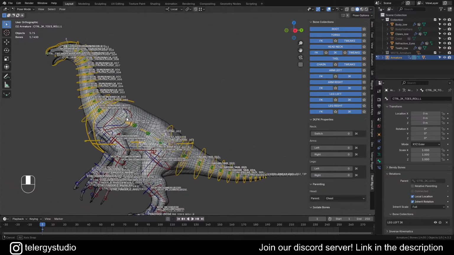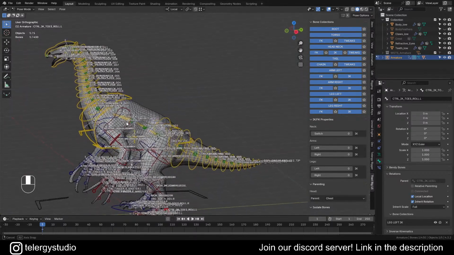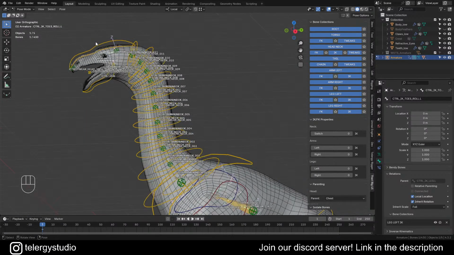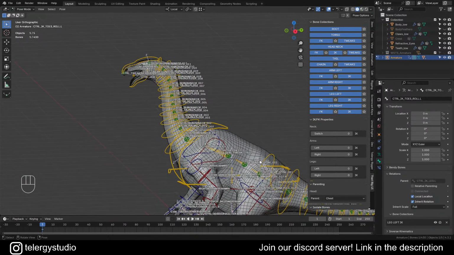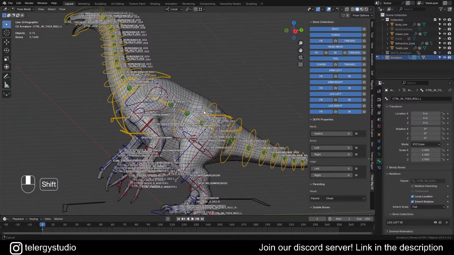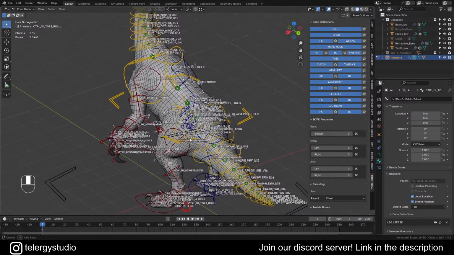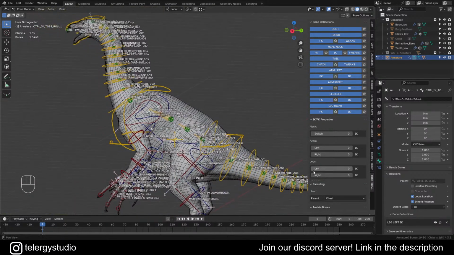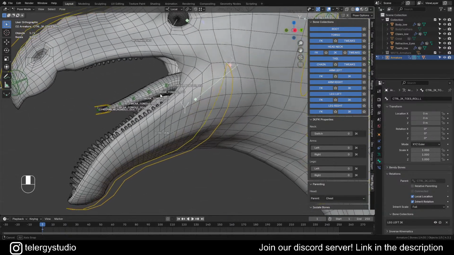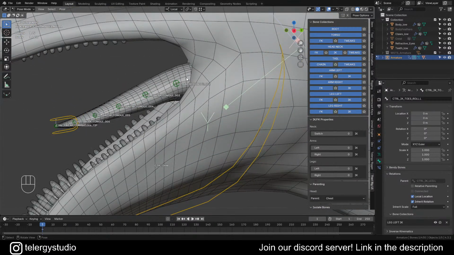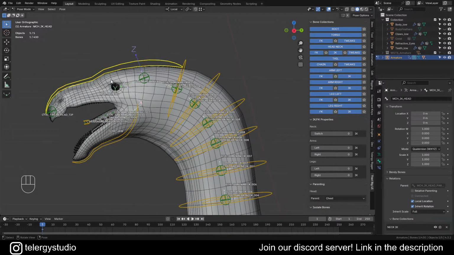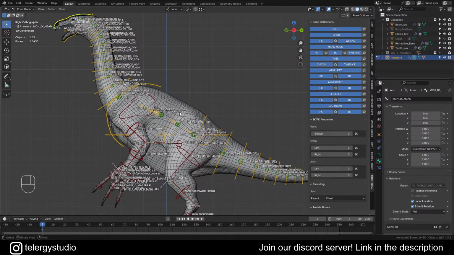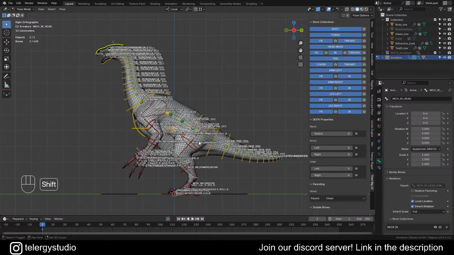Okay, so if you are coming from the previous lives, you might see that there are some things that are a little bit different. Basically, what I did is put some colors: yellow ones for the middle controllers, red ones for the left side of the creature, blue ones for the right side of the creature, and green ones for the tweaks. The same goes for the tongue. I also added some custom shapes, just so we have a little more time doing other interesting things than just creating shapes. And well,